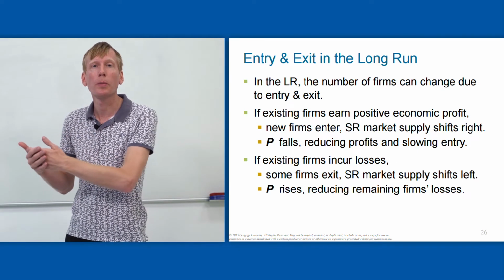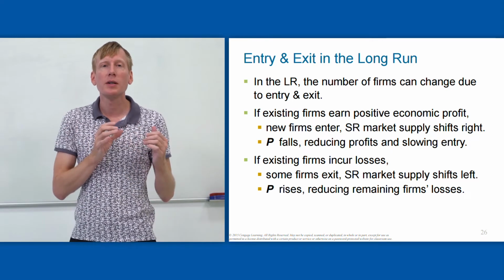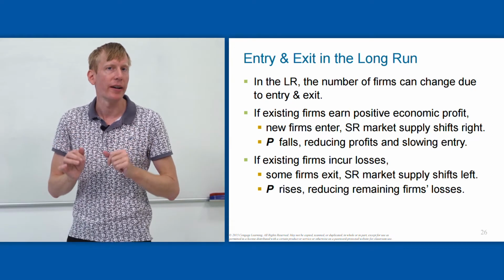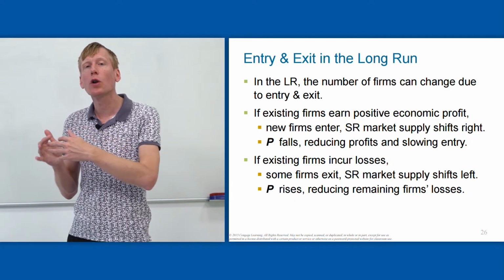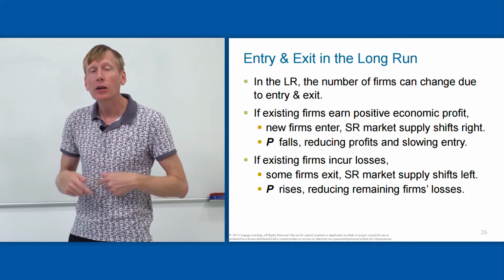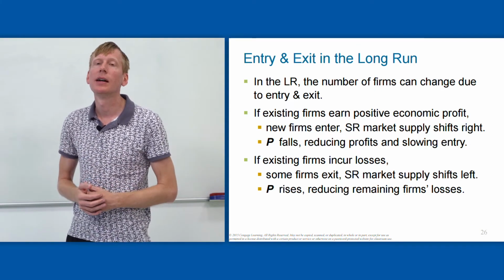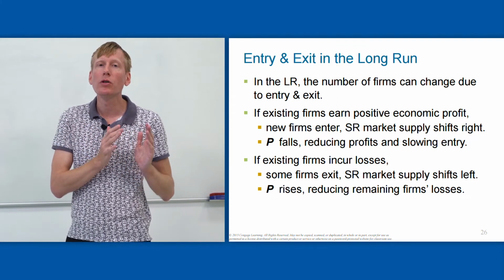and the number of firms would continue to increase until firms were no longer profitable. We would also assume that if firms in the short run had negative profits, but they didn't shut down, then as we move to the long run, we should expect exit. Incremental exit by one firm, two firms, three firms, and that exit would continue until the firms were no longer